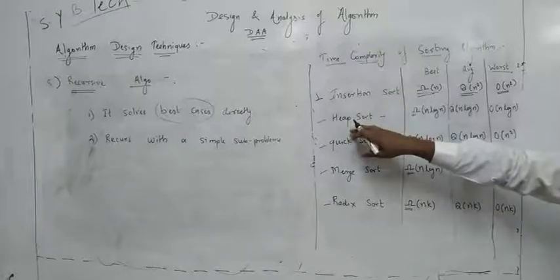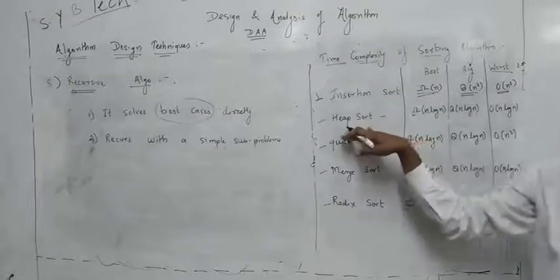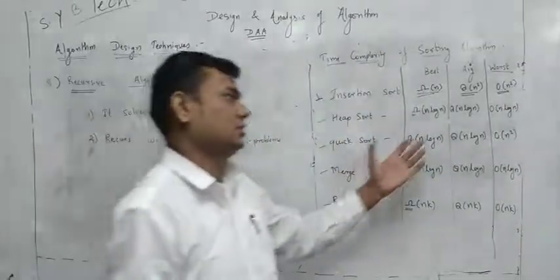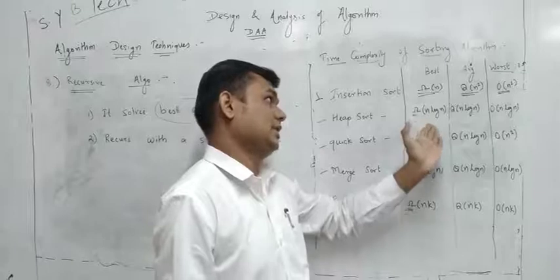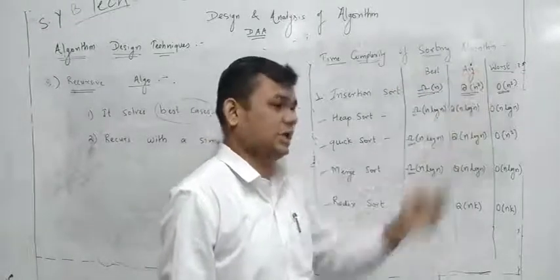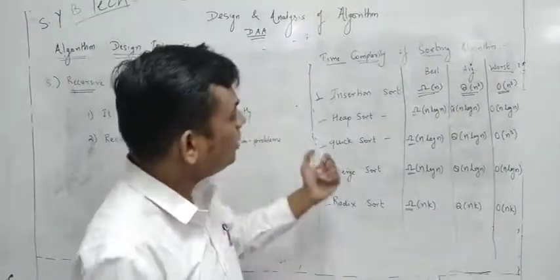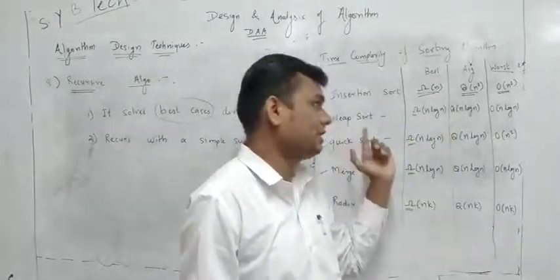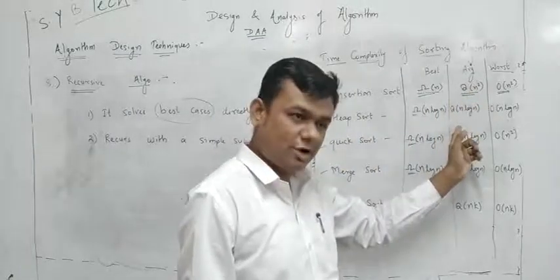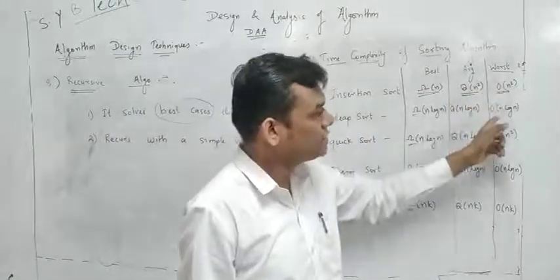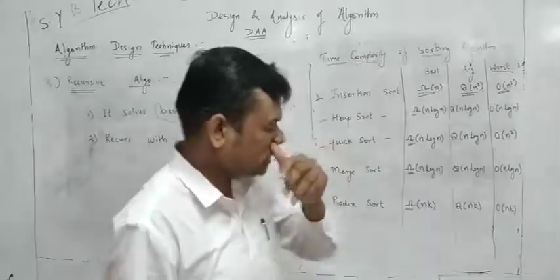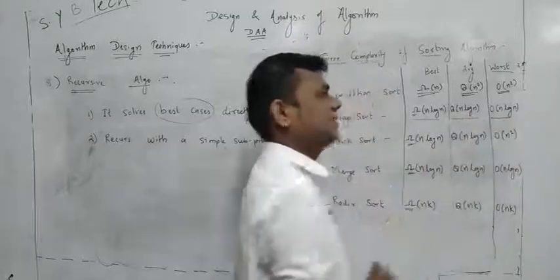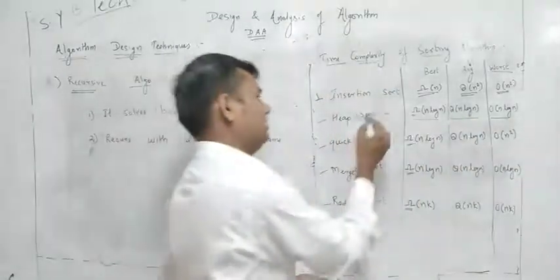If we go to the next one, heap sort, which is the last topic in unit number 1, at that time we have to see how to calculate the time complexity in the form of best, average and worst case. So for heap sort, big O notation n log n is the best case time complexity. Average is theta of n log n, and worst case is big O notation n log n, which means the time required for the best case, average case as well as worst case is the same for the heap sort algorithm.